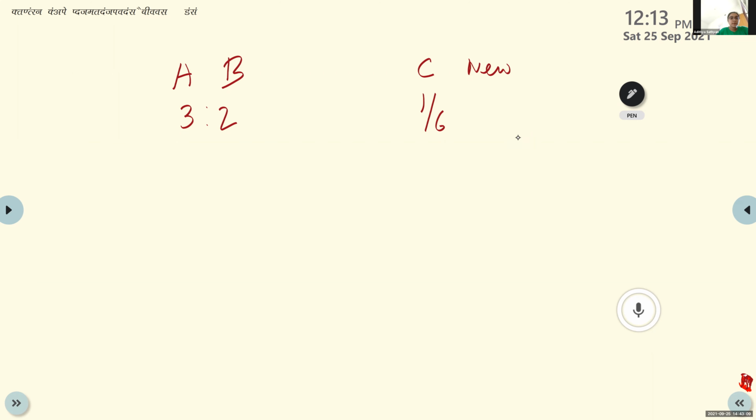Yes, ma'am. Okay. 6 minus 1 is 5. 5 into 3, 15 is 2. 2 into 5, 10 is 2. 3 plus 2, 5. You get 15 is to 10 is to 5. You can again cut it, bring it to the simplest form. So 3 is to 2 is to 1. Okay. Now go for the next one.